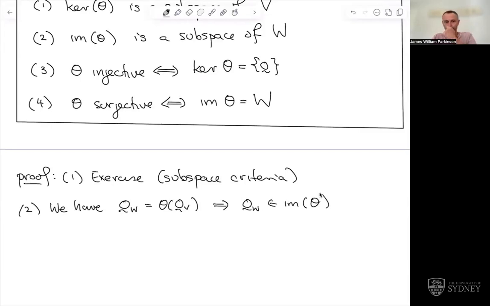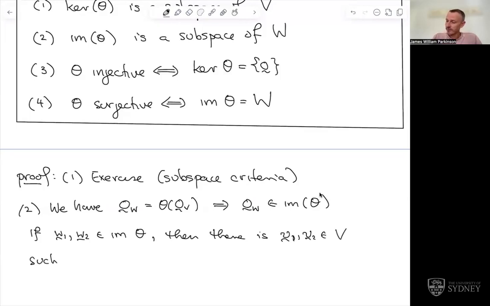So it's not empty. Now, if w1 and w2 are both in the image, then I want to show that w1 plus w2 is in the image, and also lambda times w1 is in the image. To be in the image means there are v1 and v2 in V such that